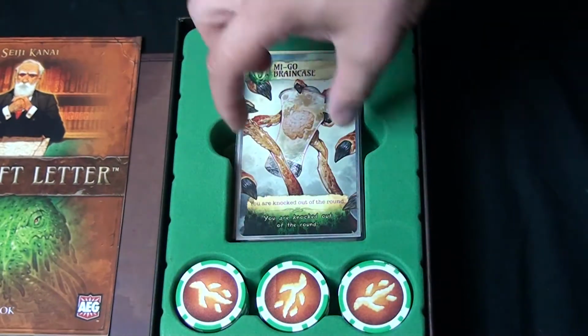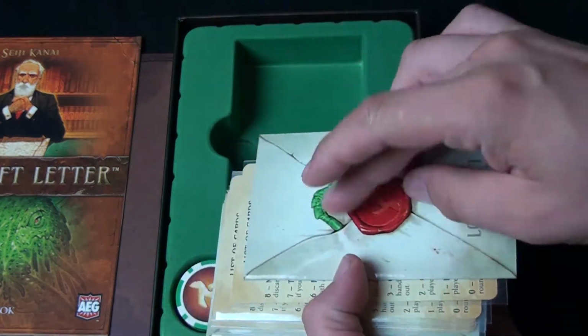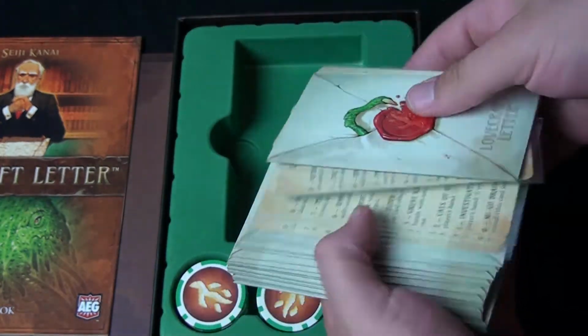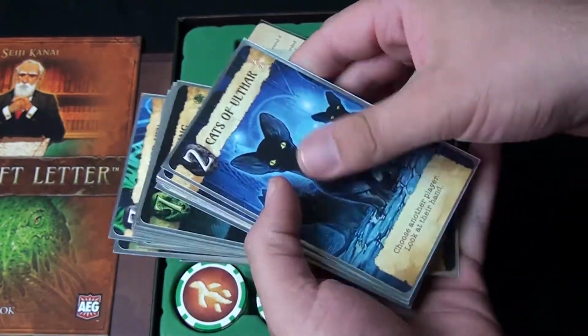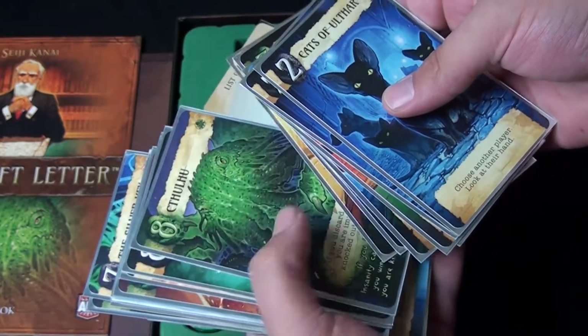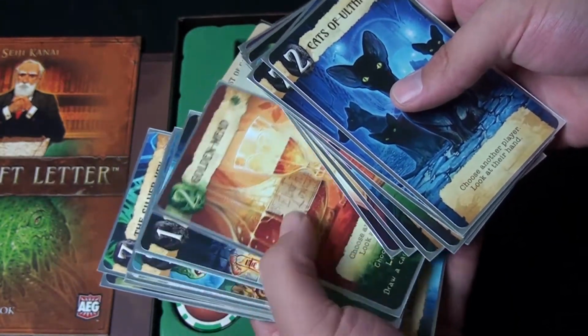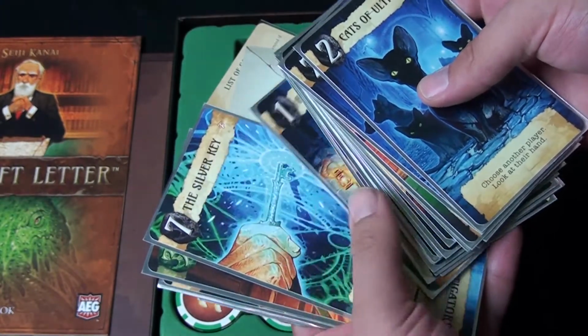First of all, it comes with custom sleeves for all the cards. The artwork is fantastic and new. You also get these poker tokens, which are really nice. The insert is fantastic and holds all the cards. The book closes and keeps everything very secure. Honestly, the edition, just by looks alone, shows that they actually put some thought into this version, unlike so many